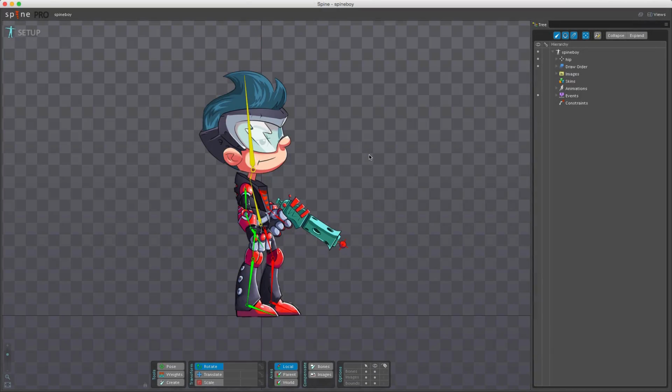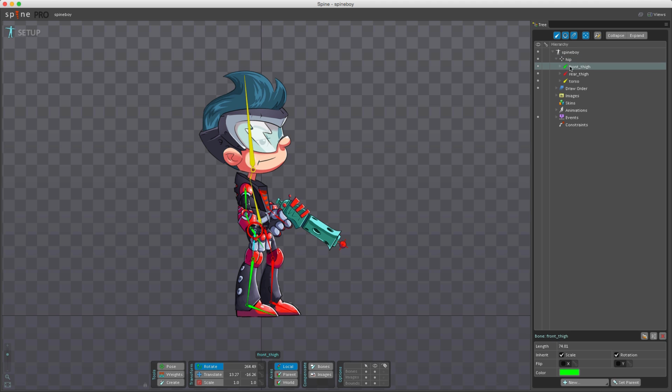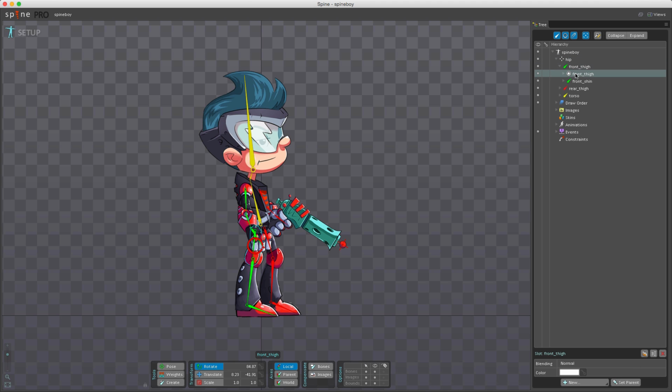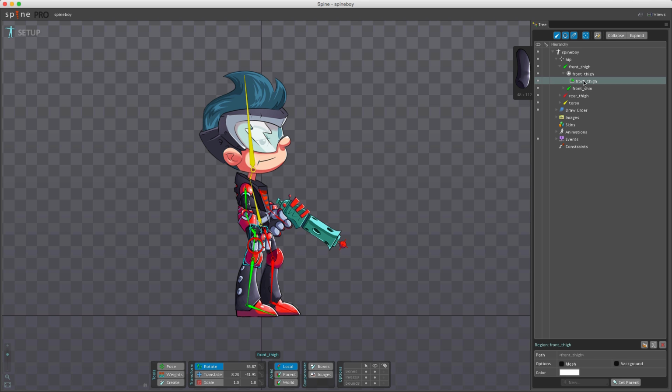So the first thing we have in Spine are skeletons, and each skeleton in the project appears up here in the tree view, and it's this guy here standing in a T-pose. This means it's a skeleton. A skeleton appears along with bones, like this. This is a bone, this is a bone, and slots, and then attachments, and any other information that makes up